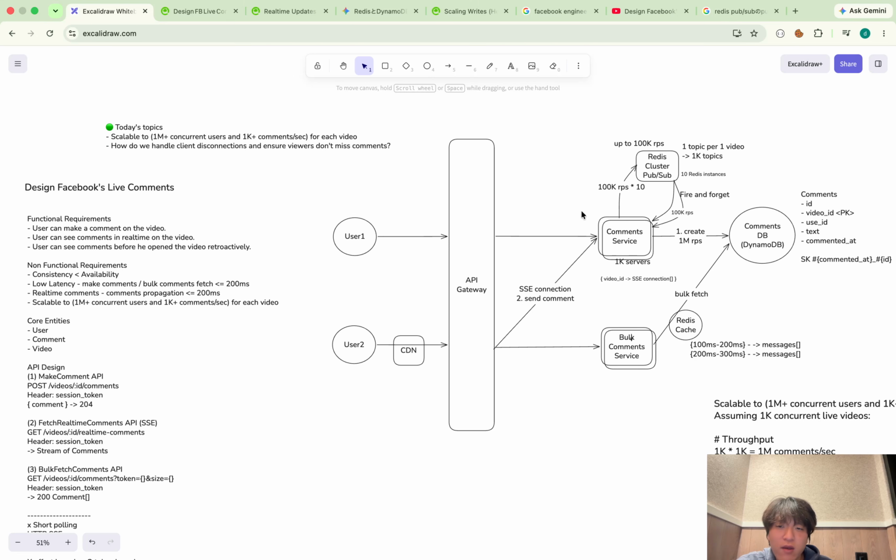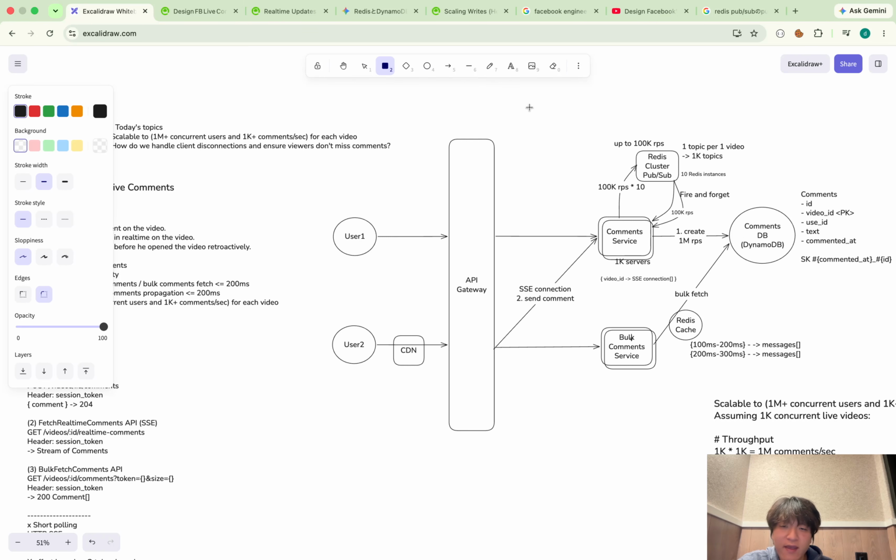So what I can do is, if there is a video which should have quite a high spike, I can completely separate this Redis cluster PubSub layer, dedicated to that video ID only.